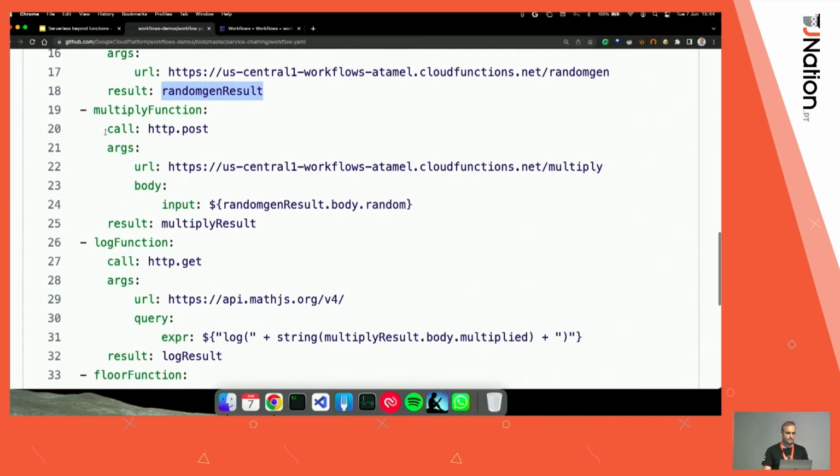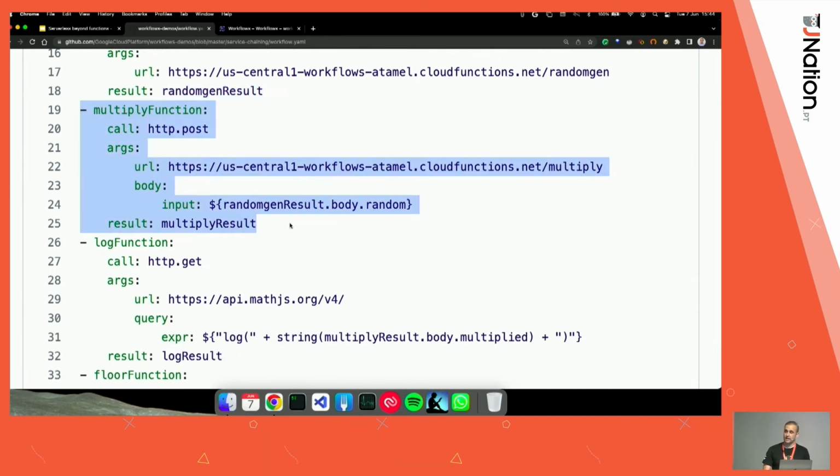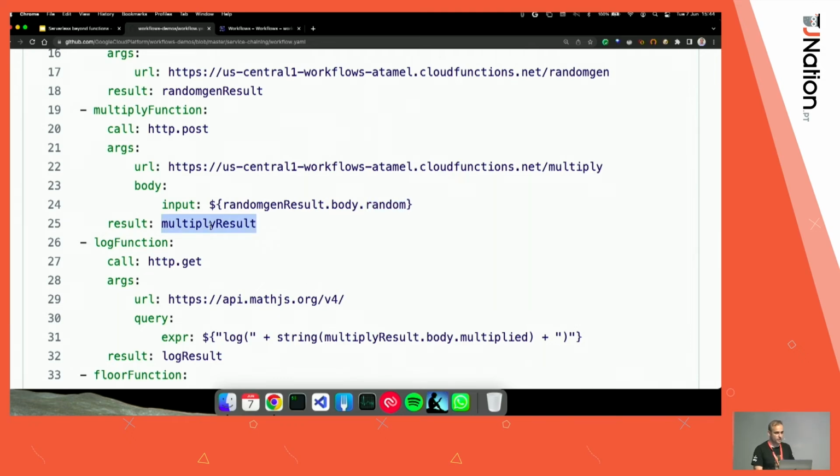In the next step, we are making an HTTP POST call, and the URL is, again, another Cloud Function, but the body has an input from the previous result. We get the result from here, parse the body of that, and look for random. That's where the number will be, and we'll provide that as input, and the result will be captured as multiply result.